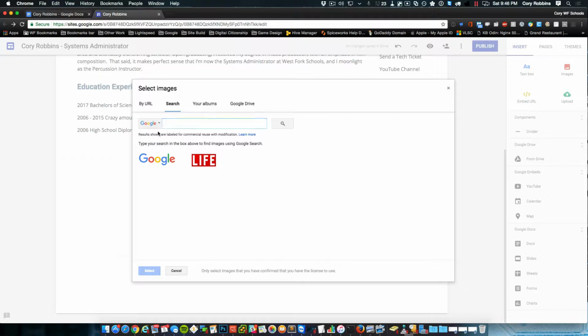Like this thing right here says, results shown are labeled for commercial reuse with modification. So you could even technically use them to make money off of. But since we're in an education environment and that isn't what we're doing, there are absolutely zero ramifications for using this search field. So if I wanted to search for, I don't know, technology,